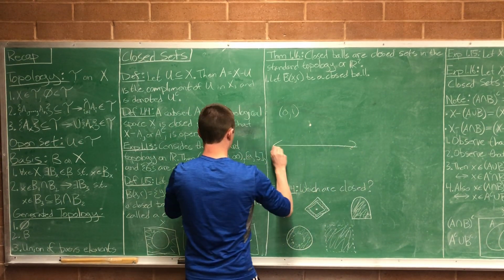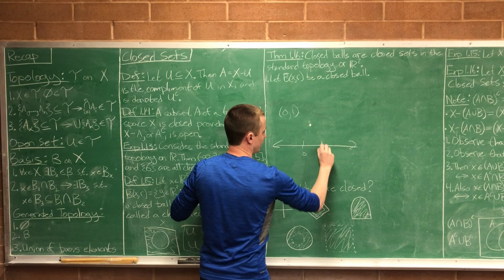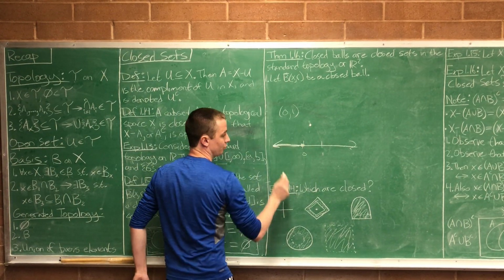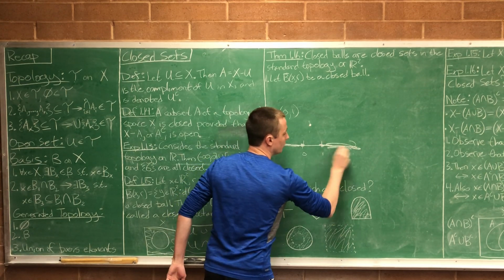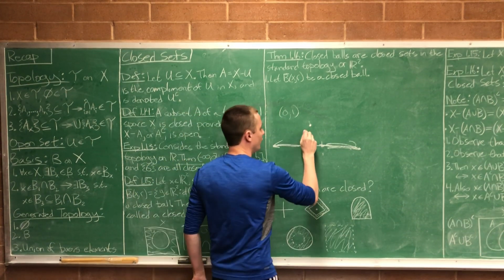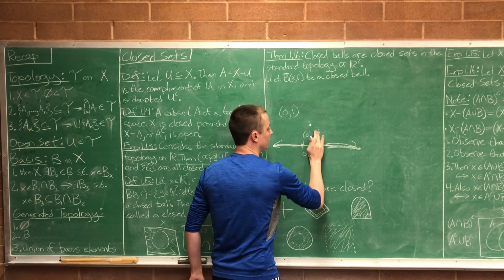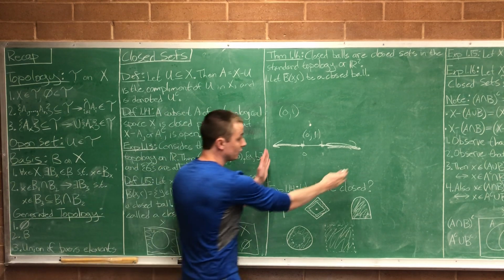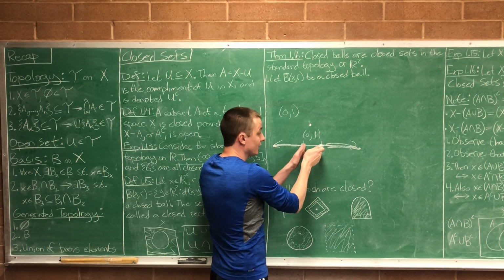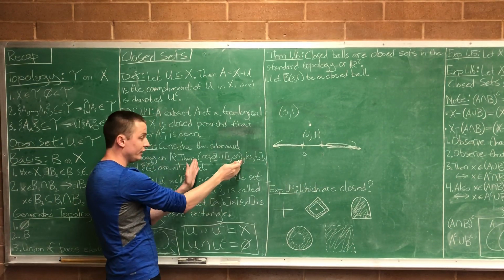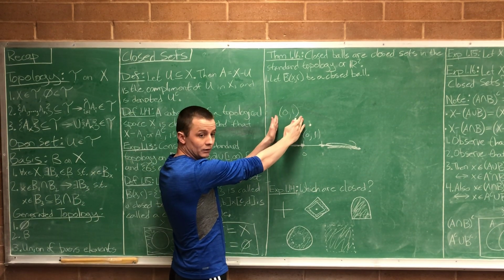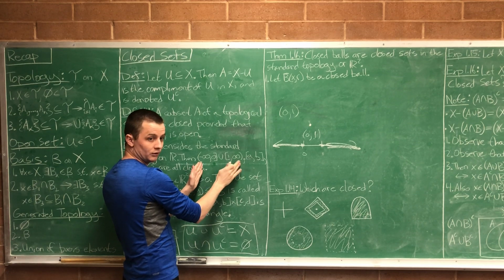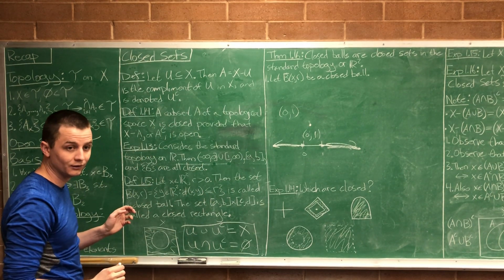No. Here's a real number line. Here's 0 on the real number line. Here's 1. This is starting at 0, all the numbers this way, and starting at 1, all the numbers this way. What are the only numbers we didn't use? The numbers between 0 and 1, that open interval. That's all we didn't use. So the complement of this is this. Is this open? Wonderful. Then this is closed. Make sense? Okay.